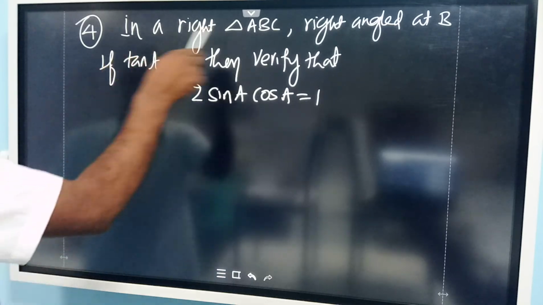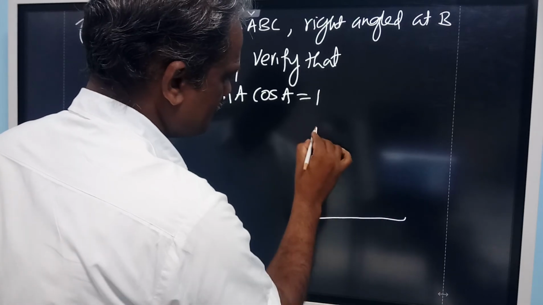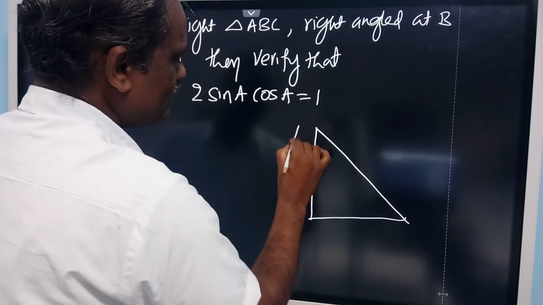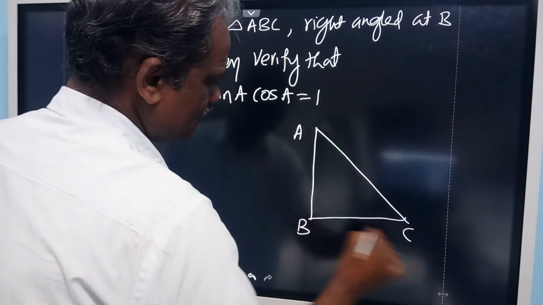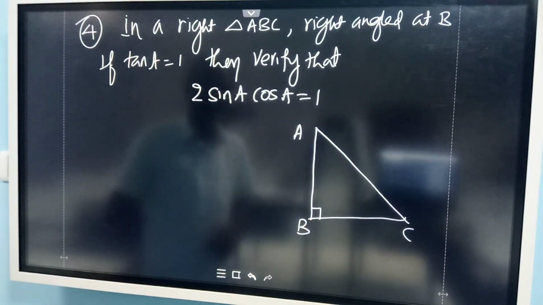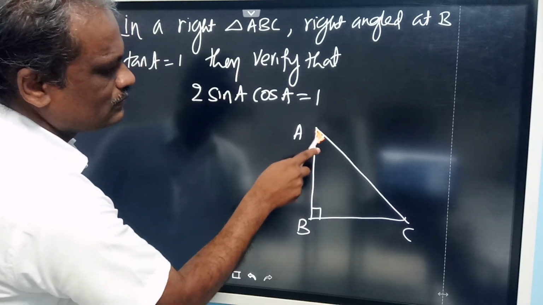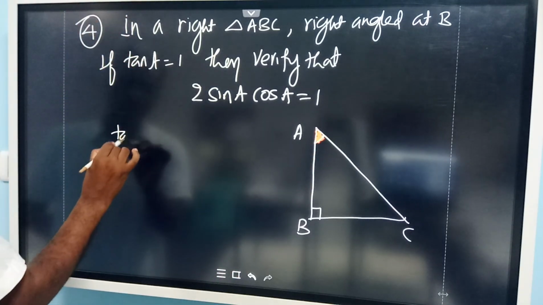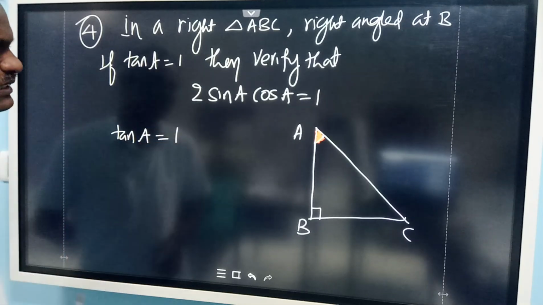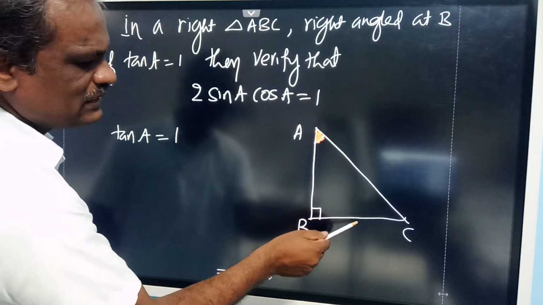Here they have given a right angle triangle ABC. Let us draw one right angle triangle ABC here, right angle at B. So this is 90 degrees. B is the right angle. And it is given tan A is equal to 1, with respect to angle A. You have to take this angle. What is tan A? It is opposite side by adjacent side. Opposite side here, this one, B